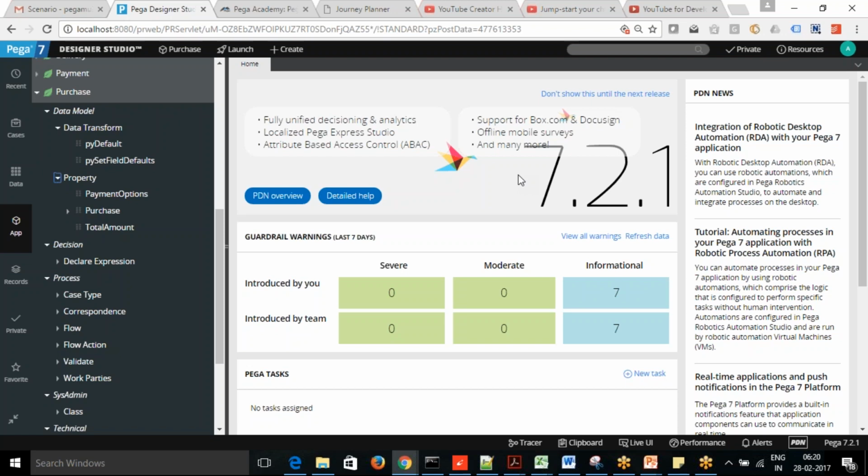Okay. What is SLA? And where all you can provide the SLAs. Okay. So what is SLA? SLA is nothing but your